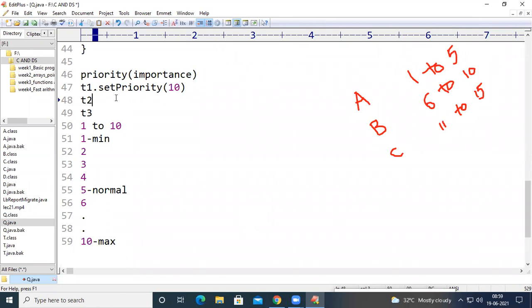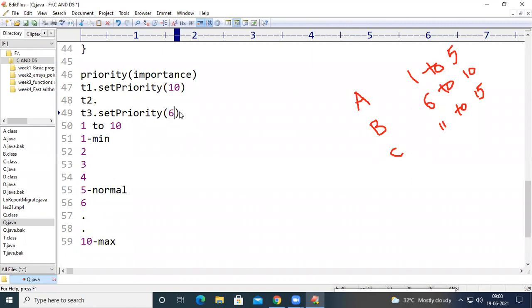After T1, if I want to execute T3 next, we have to use T3.setPriority. I want to execute it after T1, so I can pass 9, because 9 is less than 10, or I can pass 8, 7, or 6.